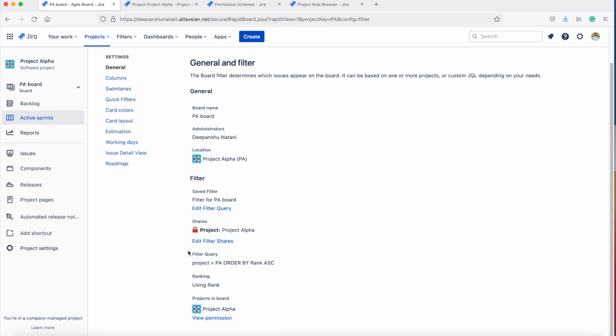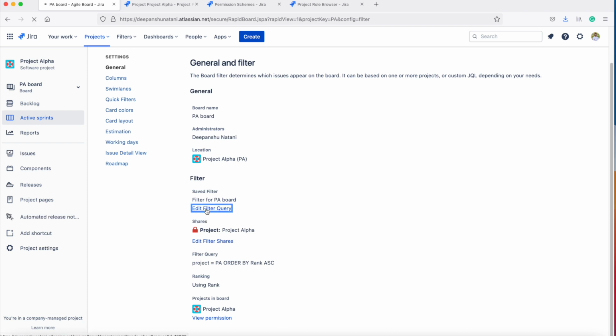One thing we should take care of while creating the filter query of a board is that the query should not be a complex one, but a simplified query. When I say that the filter query should not be complex, it means that it should clearly define the projects on which it is applicable.